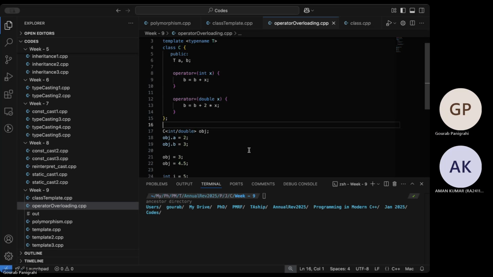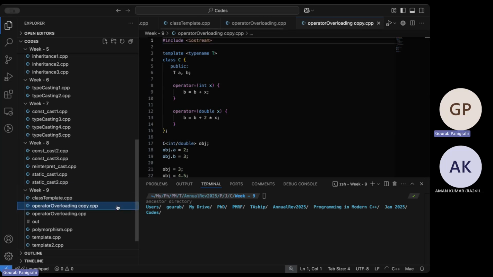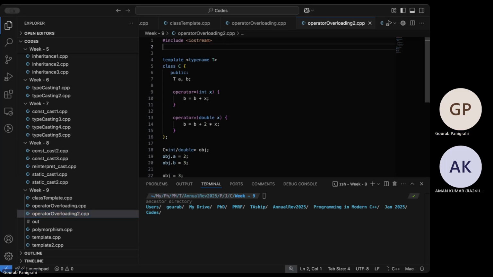Okay, right. I think this, the templates, the class templates, the operator overloading, I think you get the idea. I mean, it's sort of clear. Let's take another example again. I'll also write a few things just to show. So let's have the vector.